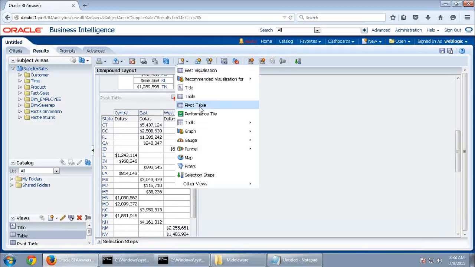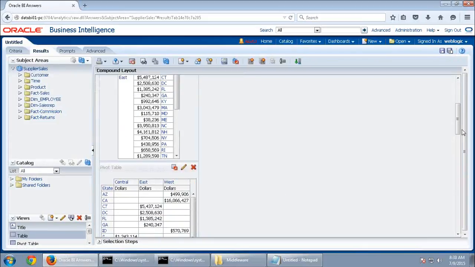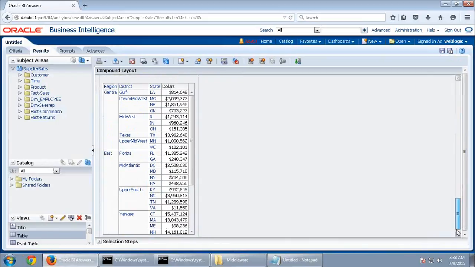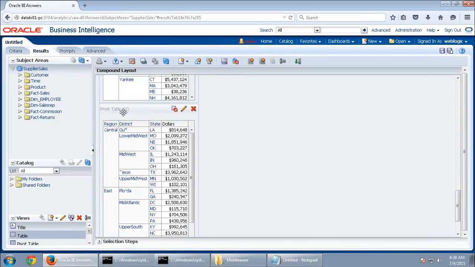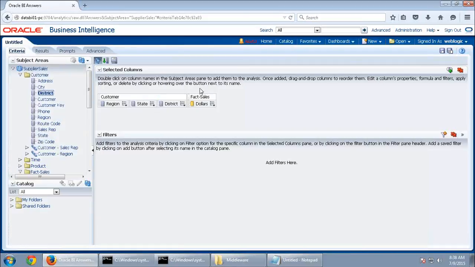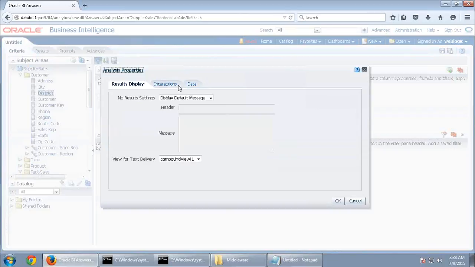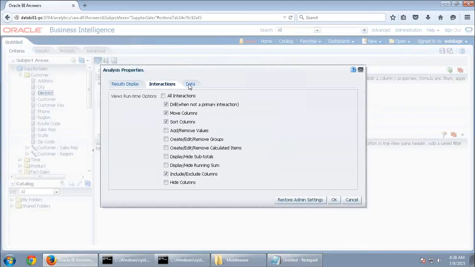Now add one more pivot table view. It will be there at the end, at the bottom. Now that should have your district. So this is your pivot table 2. On the top, do you see this? Pivot table 2 has your district value. So your pivot table 2 is again a brand new view. Anything which is existing will be considered an old view. Just a basic property, like how to set this up.